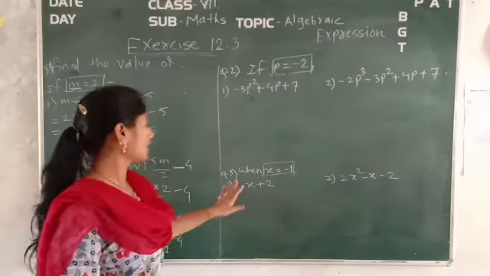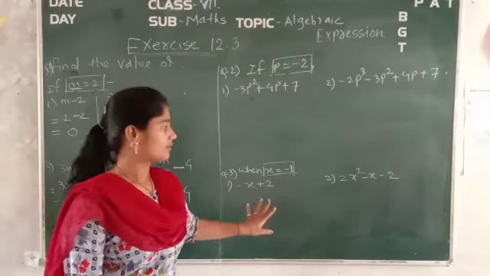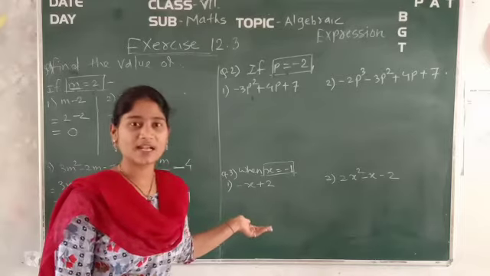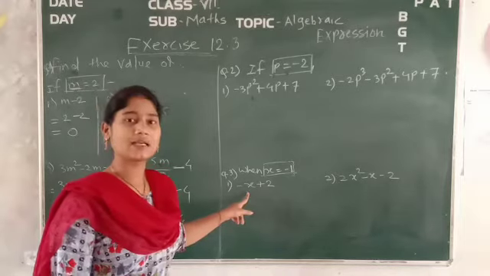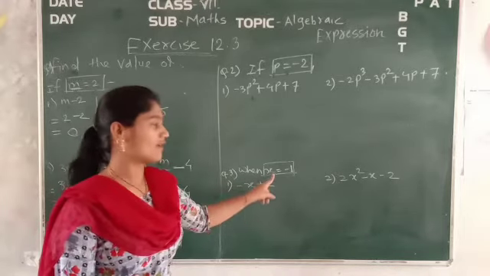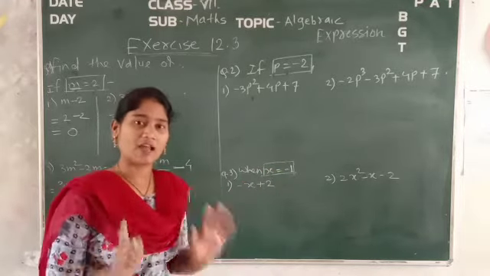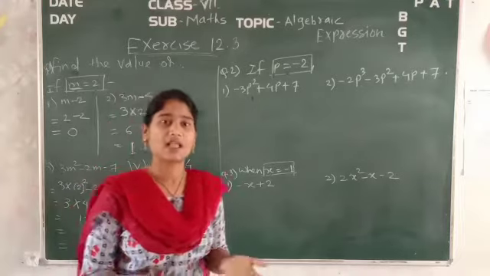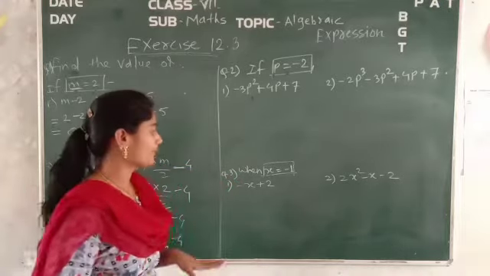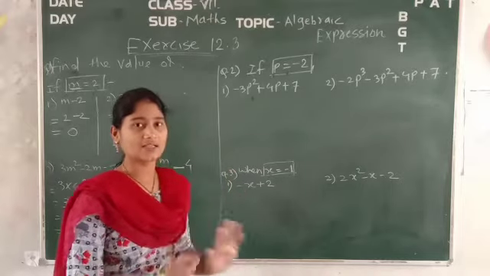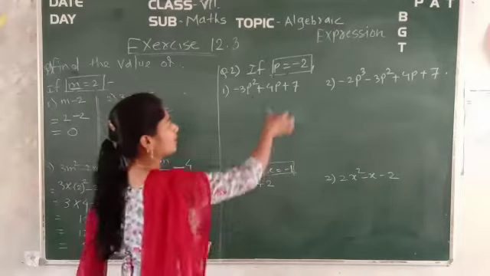In the third question you have been given different expressions. What are the variables within those expressions? The variables are x. Okay. And what is the value of x? Minus 1. In that way, whatever value of the variable you have been given, that same you have to put in the particular expressions and then calculate it as we do daily. Okay. So here p is equal to minus 2.